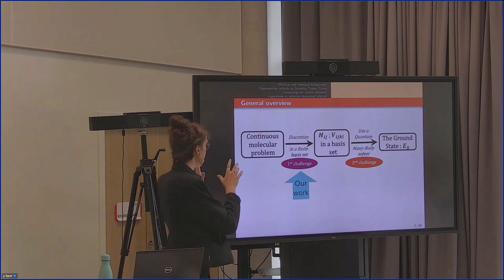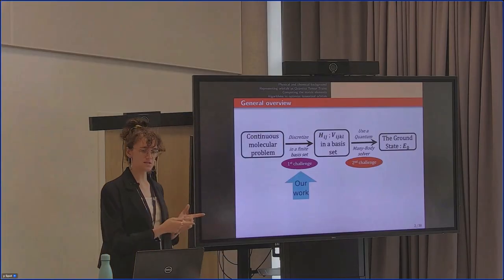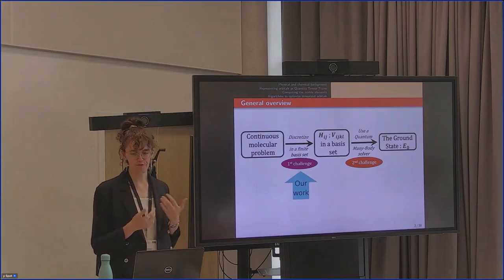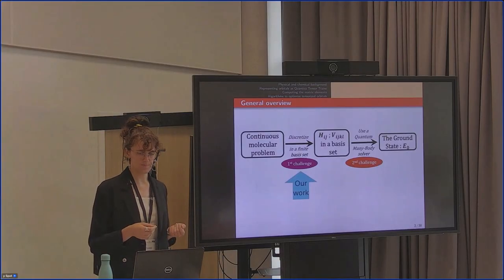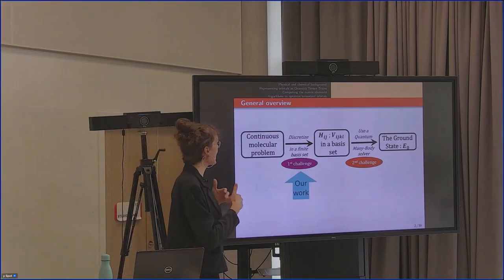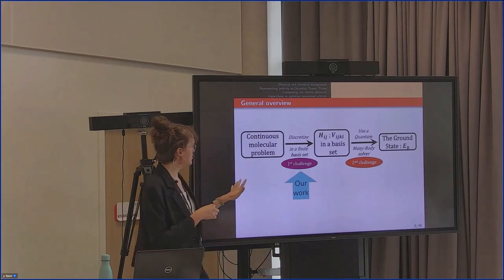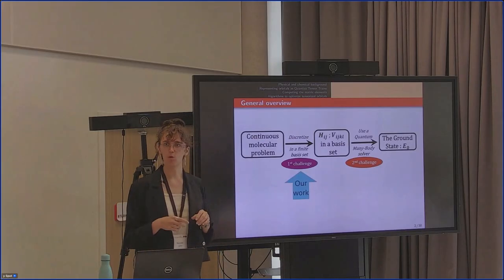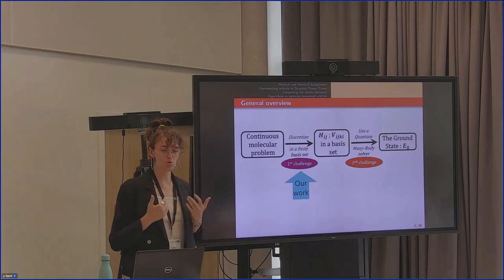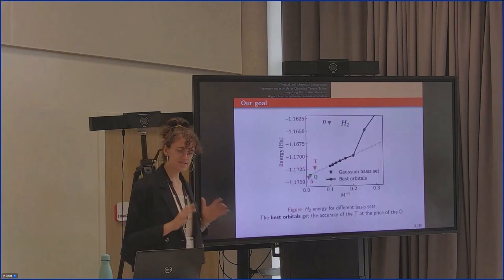subspace. But it's important to note that there are two parts that are very distinct. First, discretization of the continuous problem, then the many-body solver, which is the second part and is actually what most chemistry papers are working on. But here, we are mainly going to focus on the first part, which is how to discretize the problem and how to build the basis set, how to properly do this first challenge. Okay. And here, this is what we want.